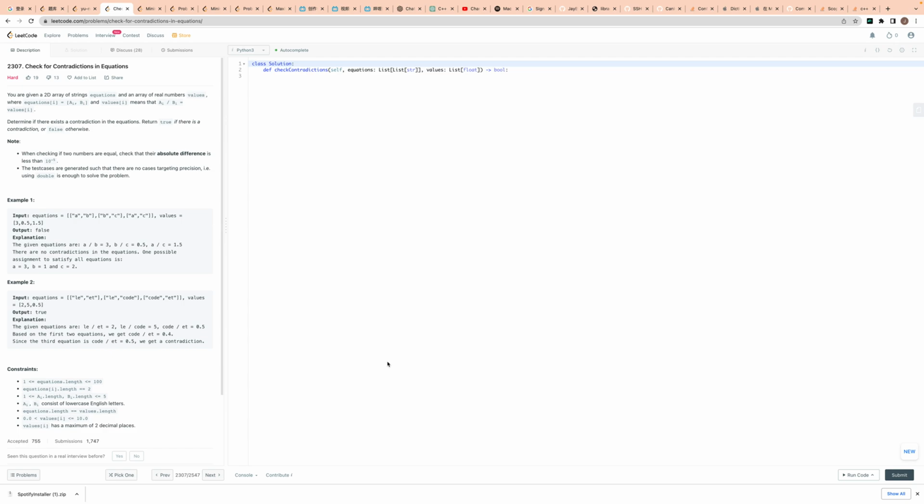A divided by b equals the corresponding value. So for example, for the first equation, the first item is a and the second item is b. That means a divided by b will equal 3. And then the question is, based on this equation and this condition,